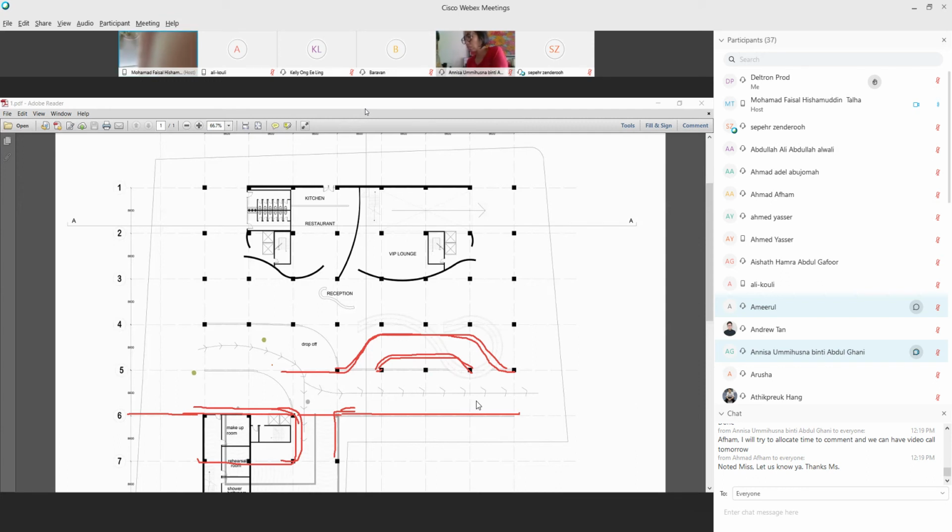You have a curb? Actually, I haven't designed the curb yet. This one can go out like that, or can go down. So here there could be another drop off.